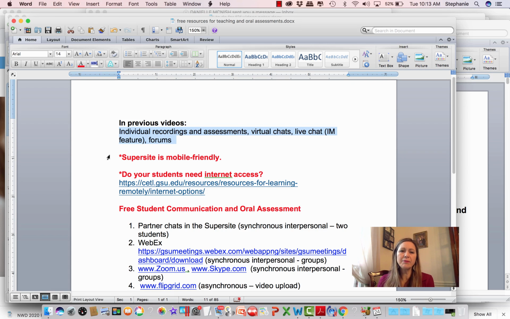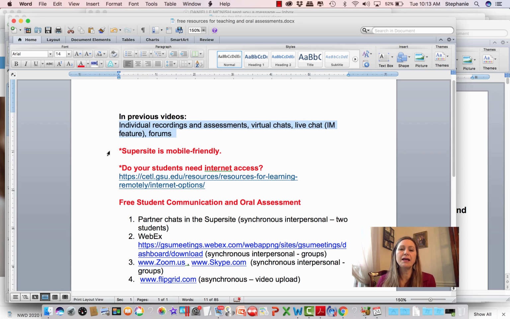So I did want to point out a couple things before we start. I know that one concern is that there are so many people in each household using perhaps the only laptop or the only computer that there's a concern now about that. Fortunately, the Supersite went to a mobile-friendly platform very recently. So except for just a few things, almost everything on the Supersite is mobile-friendly. So if the student does need to use a tablet or a phone, it should be fine. Also,